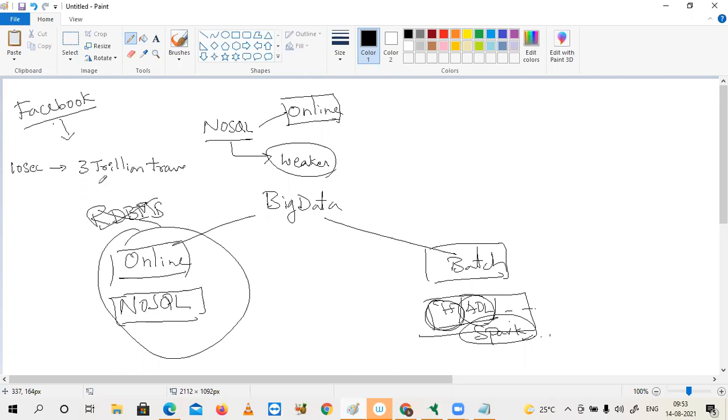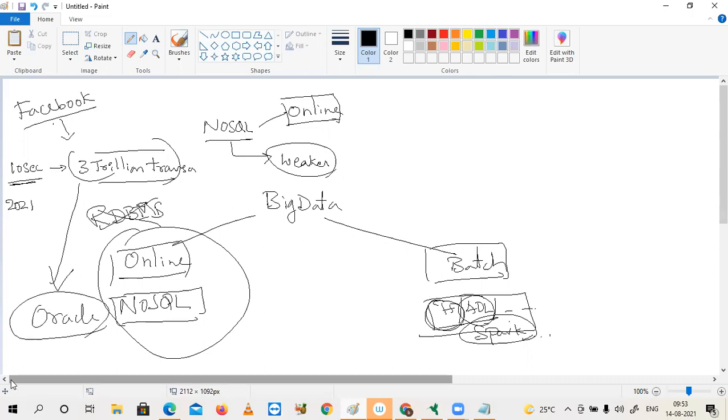This is a story from only around 6 years back. Now, after 6 years, in 2021, how many transactions per 10 seconds does Facebook handle? We don't know. Really, 3 trillion transactions are attacking your great Oracle. What will you see? Understand? Point number one: not white smoke, sir. That will be dead. That server will hang.